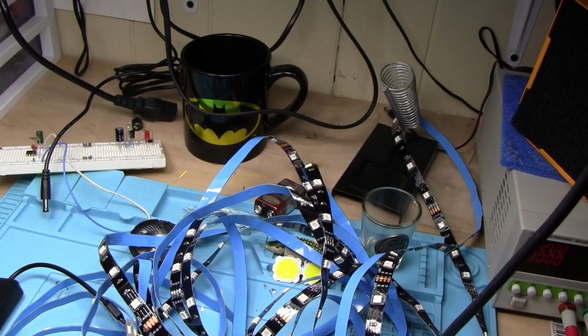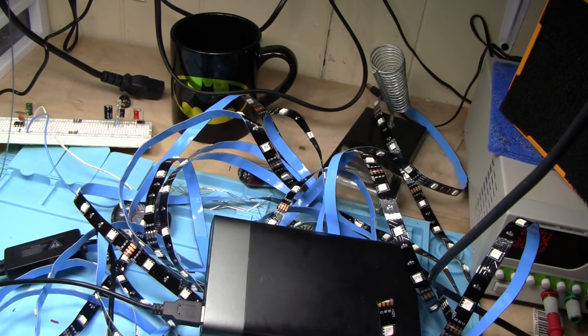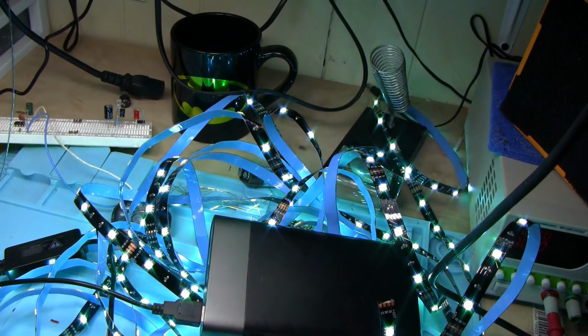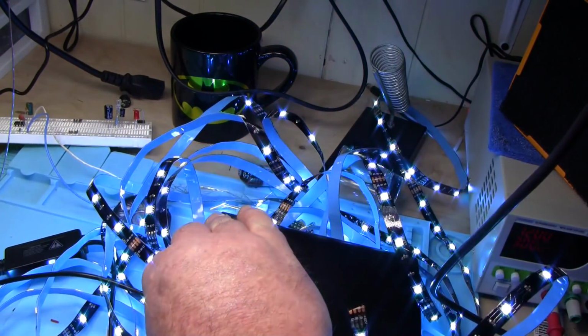Get that adjusted up to the right voltage. Alright, I think we got it now. That's showing 11.8 volts, which should be good enough. Now, the next thing is, I don't think I actually need that much